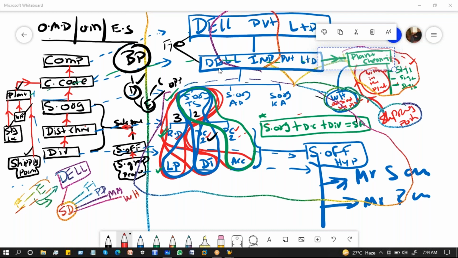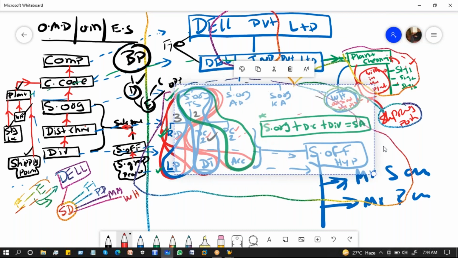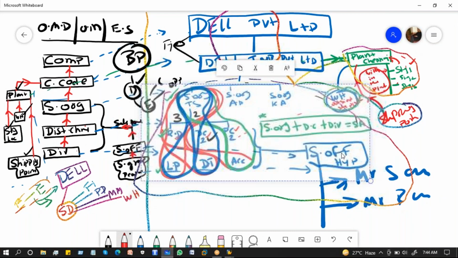Sales organization is to be connected to the company code. Distribution channel is to be connected to the sales organization. Division is to be connected, and the combination of these three forms the sales area. And the sales area is to be assigned to an office. Office is to be assigned to a group of people,